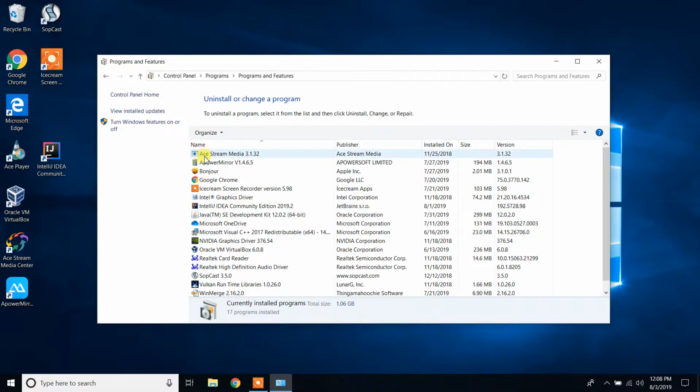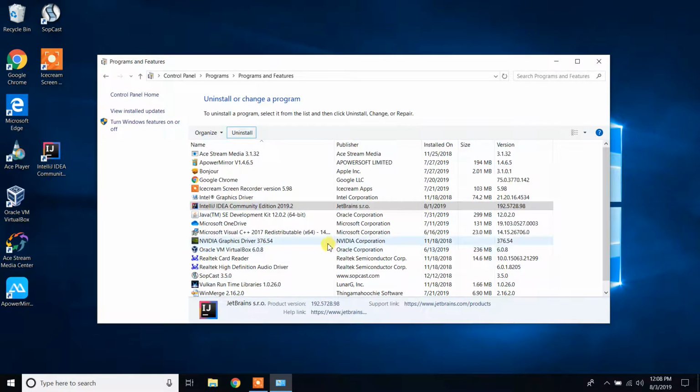So here, as you can see, I have all my installed programs on a Windows 10 machine, and I'm gonna find IntelliJ IDEA Community Edition. I'm gonna click on that, and I will click on uninstall. Click on this uninstall button. Yes, it will ask you your permission, and you have to wait a little bit, and it will start the uninstall